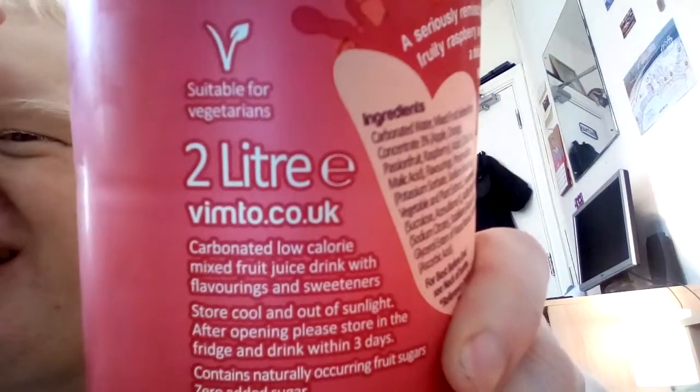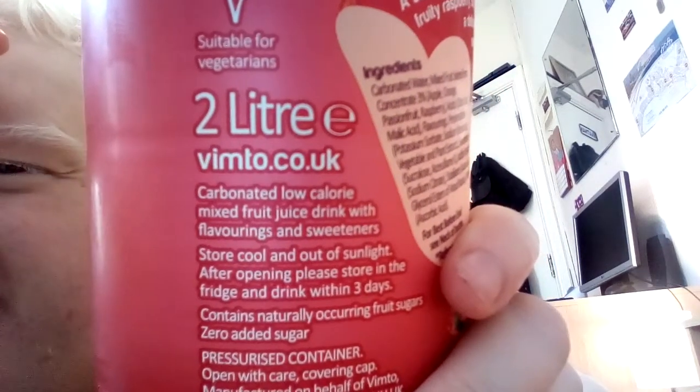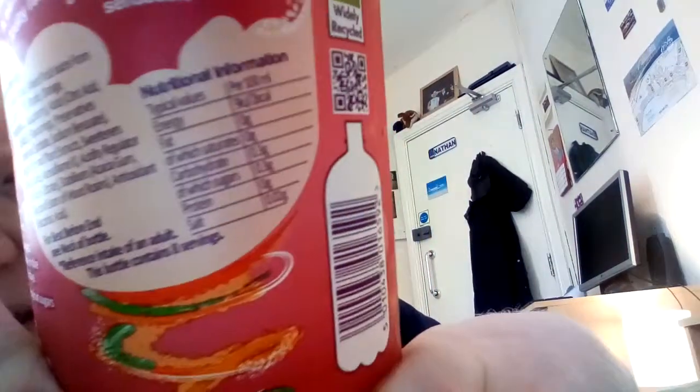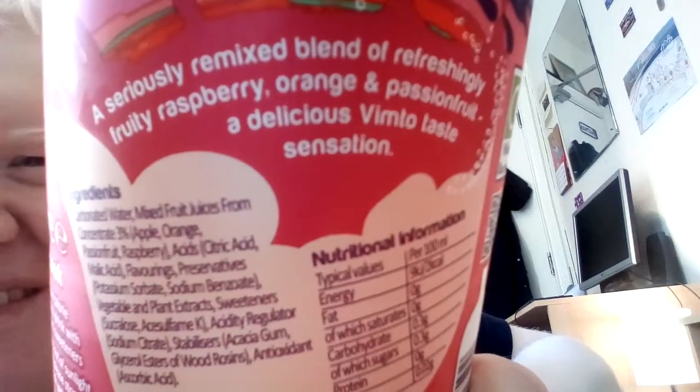Let's just turn the bottle round and see what we can gather from it. There you go, 2 litre. Suitable for vegetarians, does that say? That's good. Vimto.co.uk, check out their website. There's a little bit of text there for us to have a look at, not an awful lot. Yeah, there is. And I believe that's just the usual information. There is something there as well. You can probably read that. I've got my magnifying glass anyway, just to